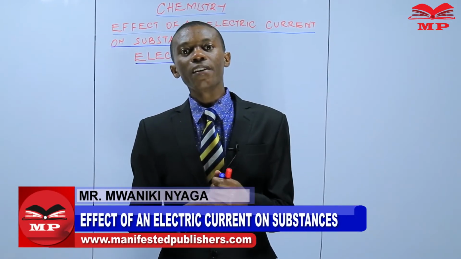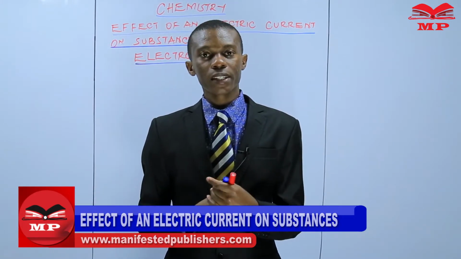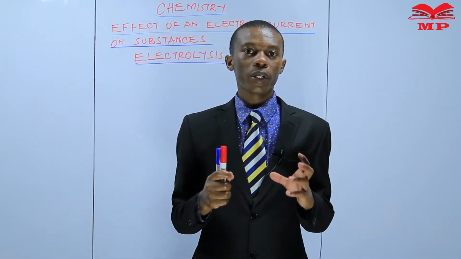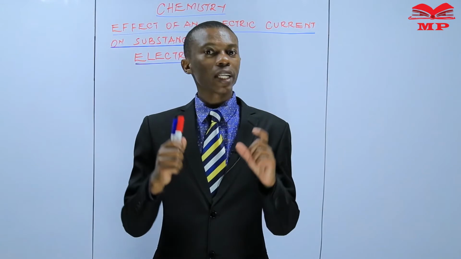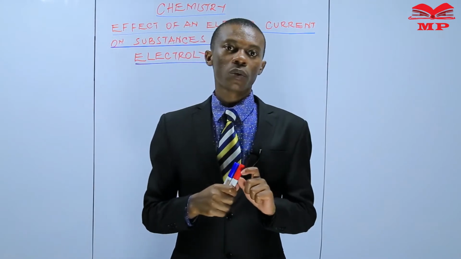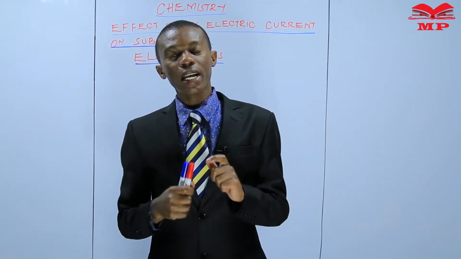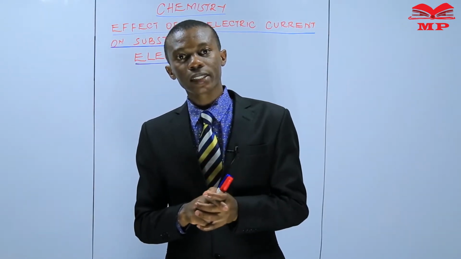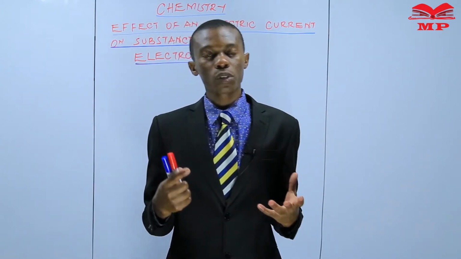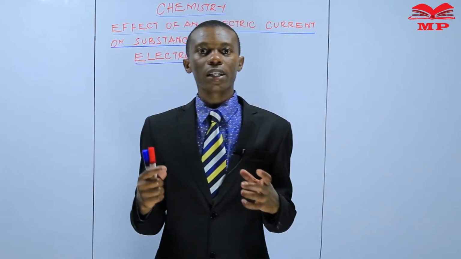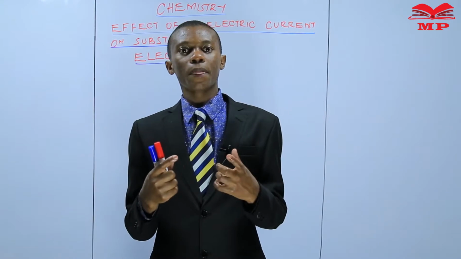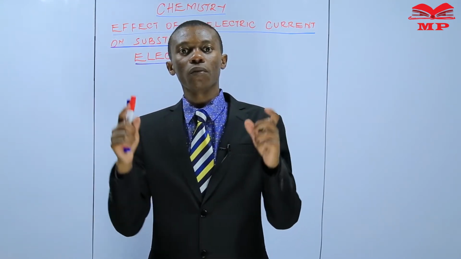Remember, the topic is still effect of an electric current on substances. Our lesson today is about electrolysis. If you remember, in the previous lesson we were learning about electrical conductivity of substances in aqueous state, for example aqueous copper(II) sulfate, aqueous sodium chloride, and aqueous hydrochloric acid. We said that they are able to conduct the electric current because of the presence of